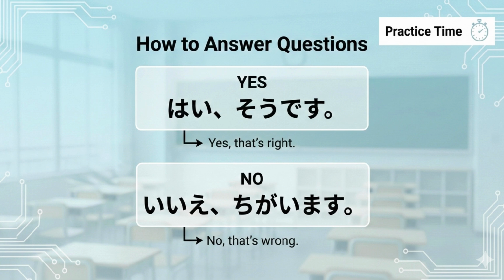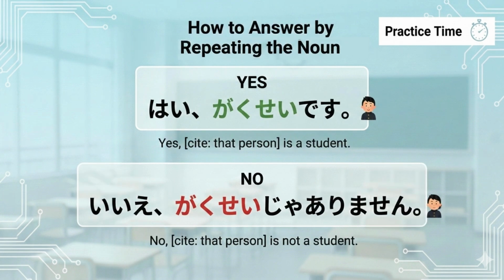Now let us briefly look at how to answer these questions. If the answer is yes, we say, はい、そうです。 If the answer is no, we say, いいえ、違います。 We can also answer by repeating the noun. はい、学生です。いいえ、学生じゃありません。